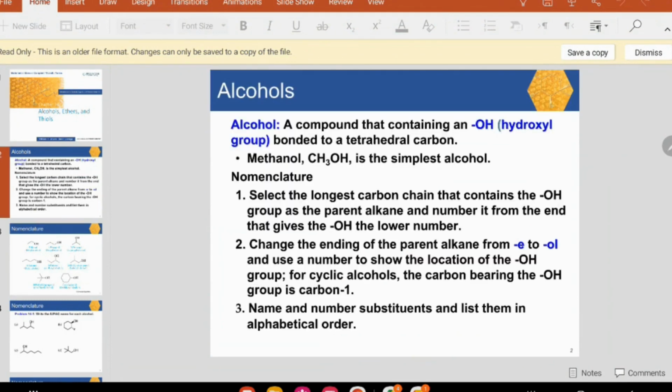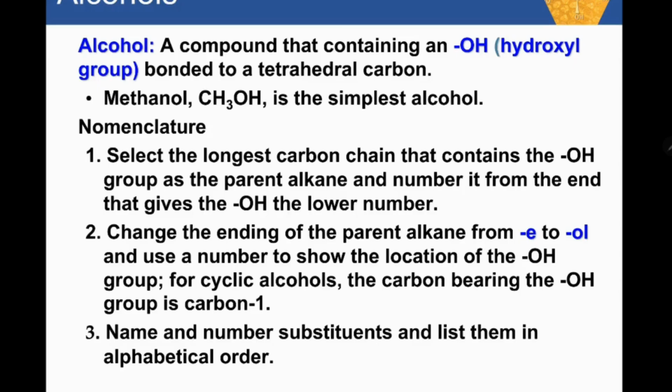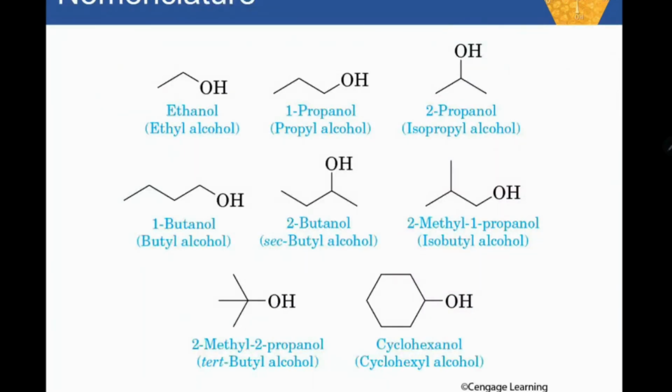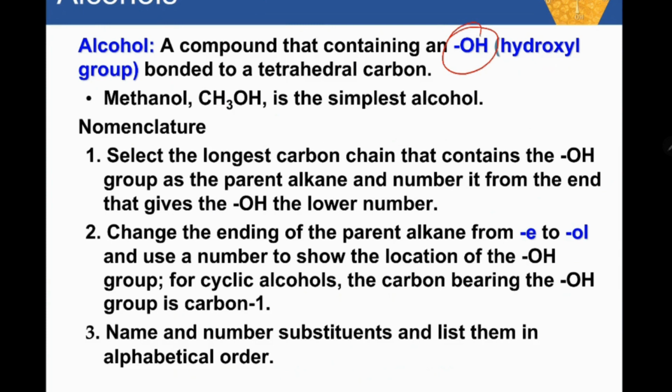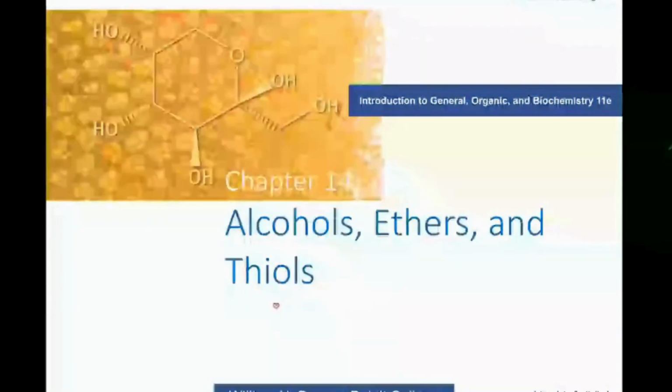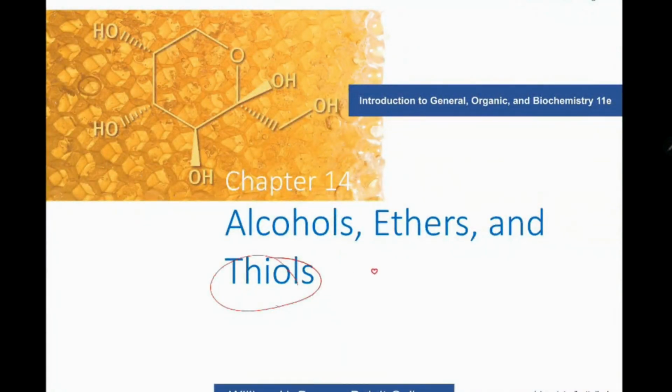So what are these three? Why are they grouped together? Alcohols are compounds containing an OH. They have an OH group. Every time you see OH, there's a high chance that we're dealing with an alcohol. What about thiols? When you say thiols, instead of OH like in alcohols,